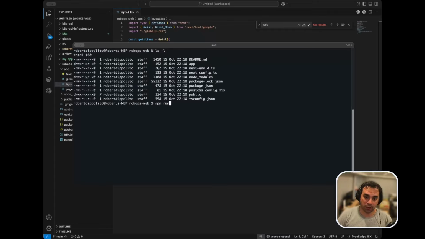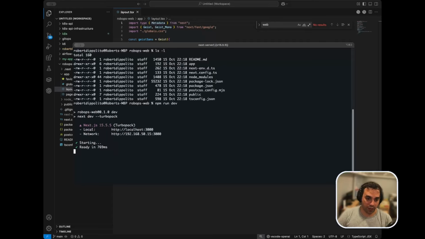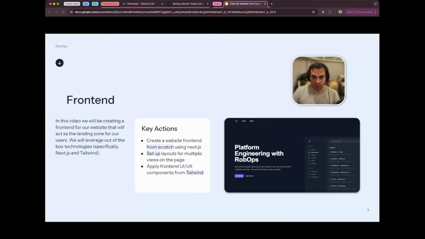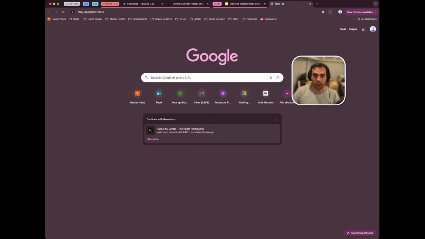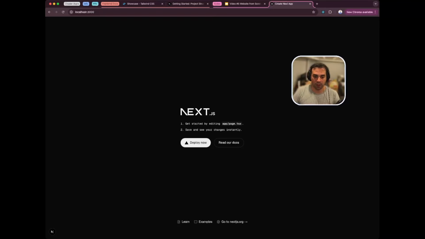Like I was mentioning, when I run npm run dev, this is going to create a local server running on my computer on localhost 3000. So now if I go back to my browser and I go to localhost 3000, we're going to see a website. Now this is the code that we've bootstrapped. So we've completed part one of the project. We want to run a front end locally. It was really easy. It only took a few commands, but now we have the Next.js framework loaded and running